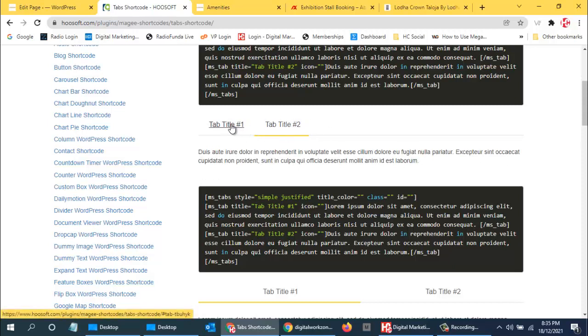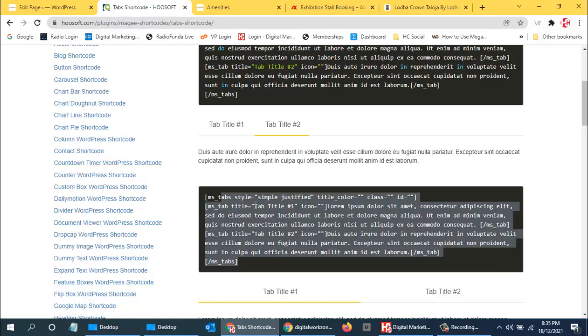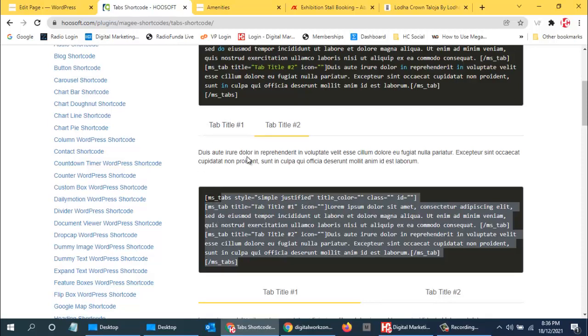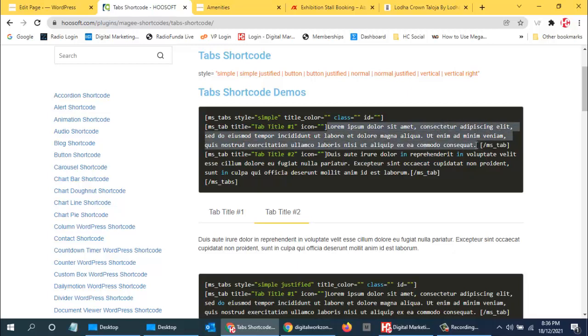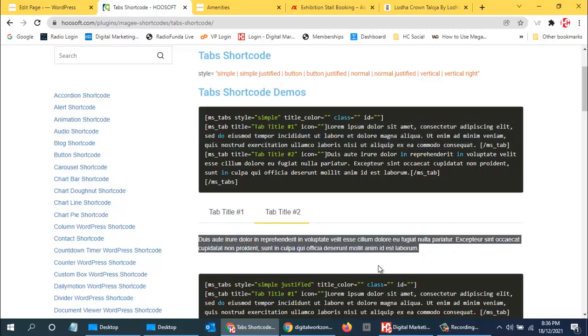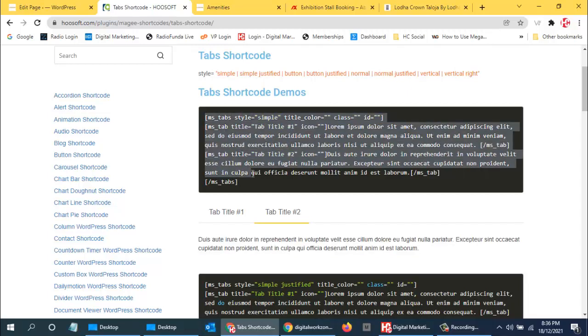So this content you can replace in the code over here wherever that content is, and then you can copy this code and paste it over there. So it will come up. So you can see this content is coming up over here like this. So you can just replace this content, and once you replace it, you just copy the whole code and paste it.